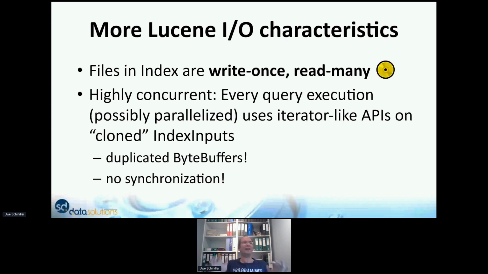So we don't need to take care of maybe file size changes, where we have to remap or something like that. We just assume the file is open and we can access it and it doesn't change. So when we have highly concurrent access to the whole thing, the code is using duplicate byte buffers. And for the duplicate byte buffers, we don't need any synchronization because nothing changes. We can just access them. So it's all without any synchronization, the code you have seen before.